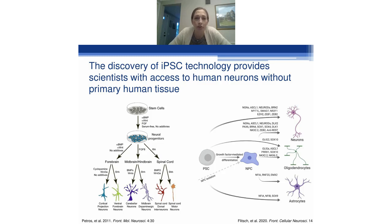So how do we create these human neurons without accessing this primary human tissue? There's a few different ways that we can differentiate stem cells into mature neurons for modeling. One of the ways is by using small molecules to mimic the developmental pathways that are seen during neurodevelopment. So you can see in the figure on the left how stem cells are differentiated into progenitors, and then exposure to different small molecules allows for either cortical or spinal cord subtypes of neurons to be differentiated. These protocols typically take multiple weeks, if not months, to create the final terminally differentiated cells, and often create very